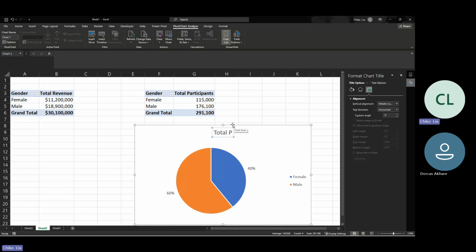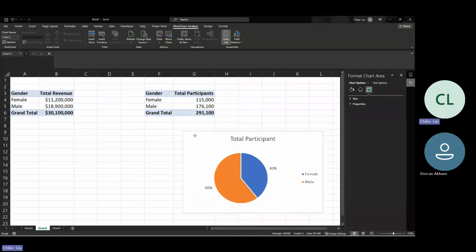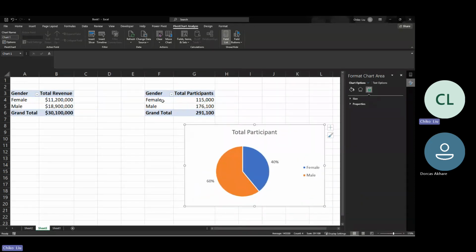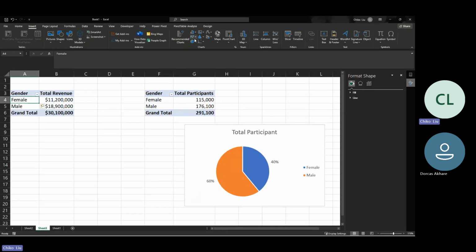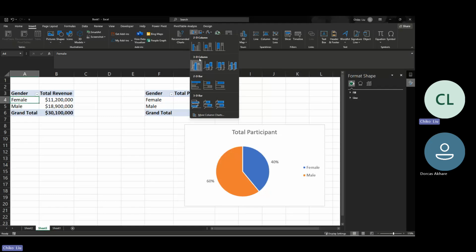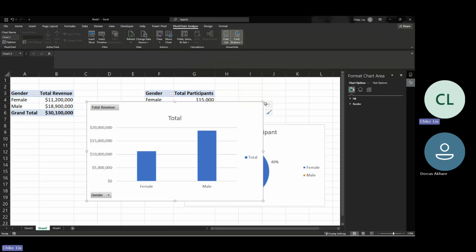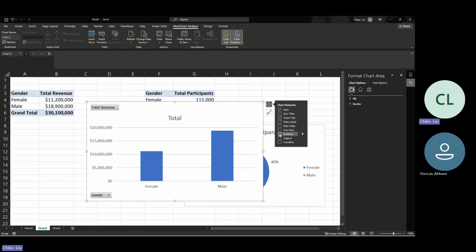And maybe I do the same for these. Go to insert, go to bar chart, I'll go to column chart. I would remove legend, remove grid line, I'll just put data label, remove the